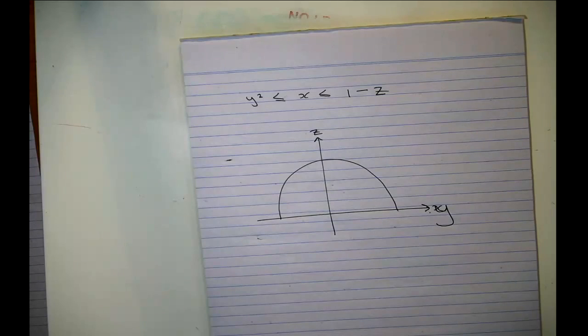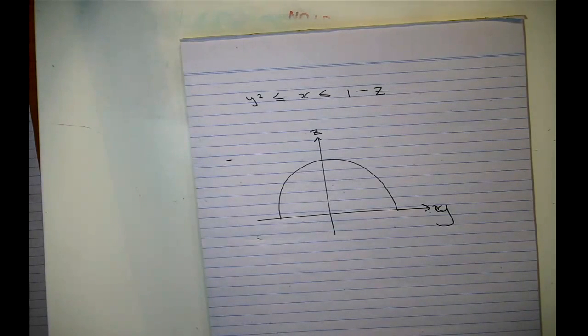Can everyone see that? What's the equation of that parabola? What would the equation of that parabola be? Now, here you have to be careful. That parabola is basically the intersection of the parabolic cylinder x equals y squared and the plane x plus